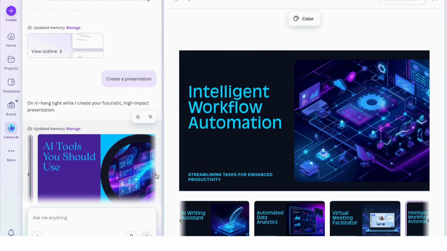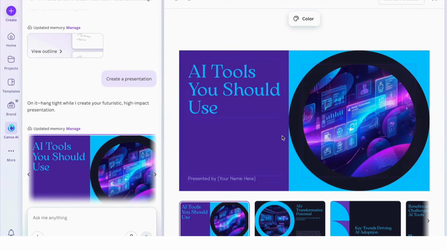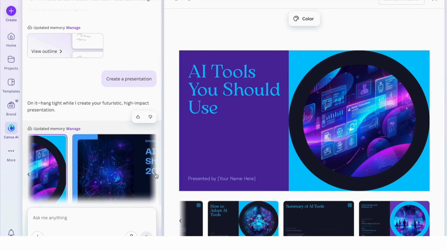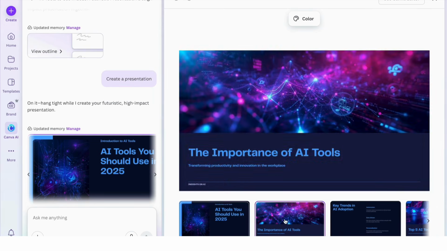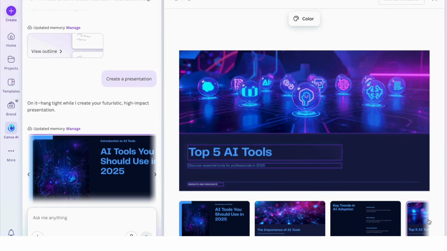But with this Canva AI, you could just create it within a few minutes just by giving an appropriate prompt. You could also refine the prompt, and Canva gives you the facility to change the sections it is going to generate in the PowerPoint presentation. So these are all the flavors that it has generated for us, four flavors, and you can go over each of those flavors and choose one of them for your